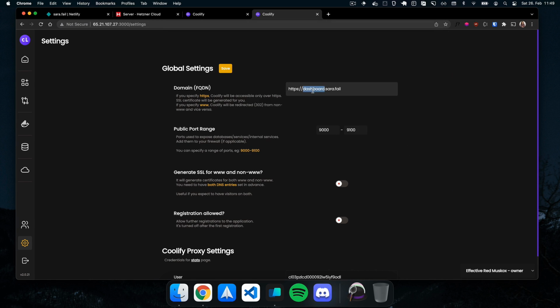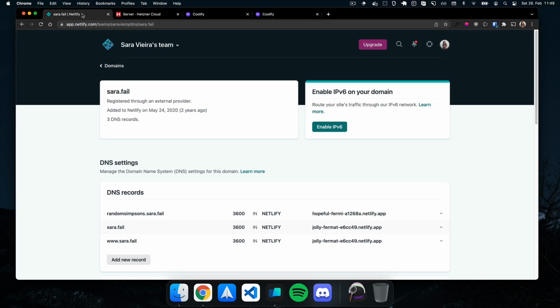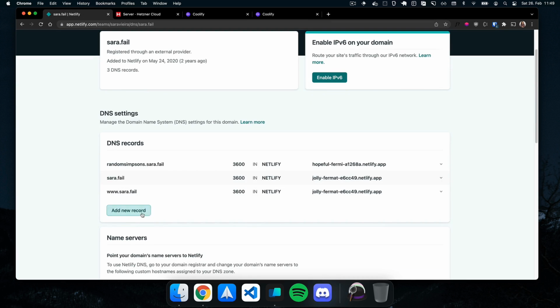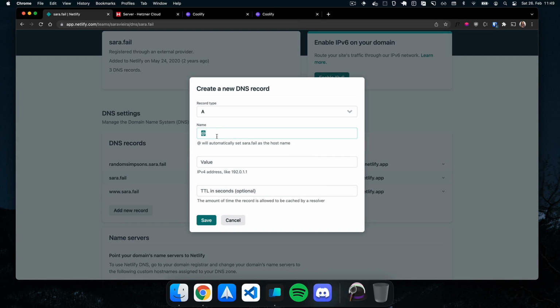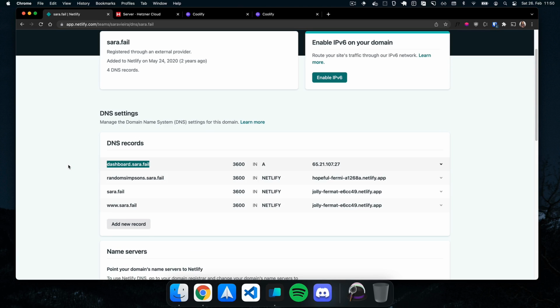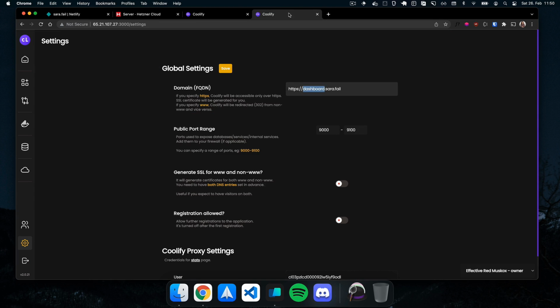Okay, so let's come here and show how to actually attach it. This domain is actually on Netlify. So I can go here, just add dashboard, and where will this go to? It goes to the IP address. I can add this as the value. Let me make sure there's no space here because sometimes there's a space. And there we go. So this is what we did. As an A record, we say dashboard goes into this IP address. So now if I try to save again,